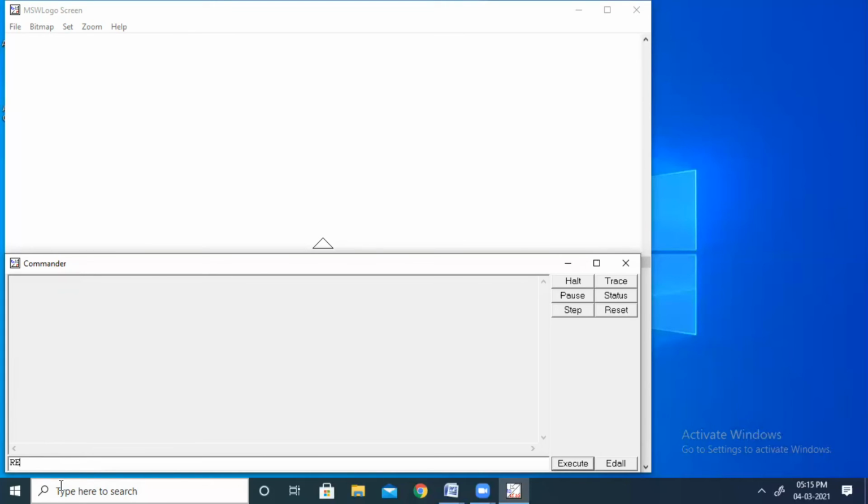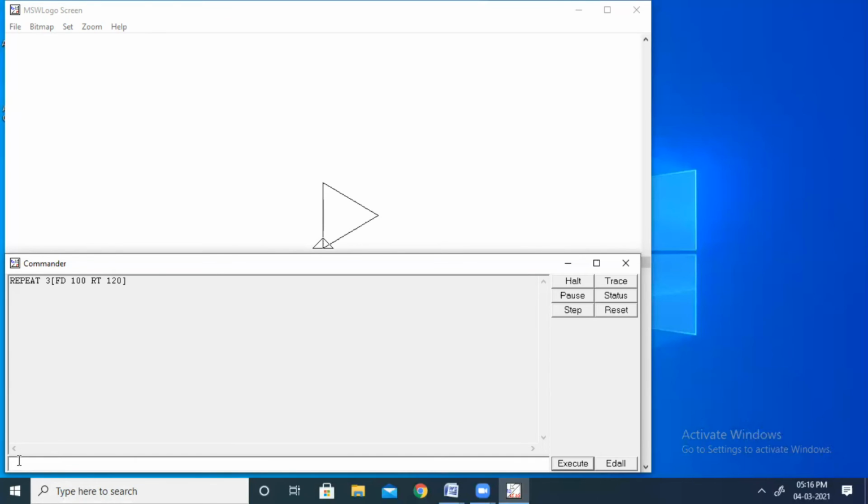For that, what will I use? I will use the repeat command. Repeat 3, because I want 3 lines. The same set of code I was repeating 3 times. So repeat 3, then within the bracket you write the value for one time: FD 100 space RT 120. This set of codes I had repeated before 3 times. Now you simply press the enter key. You are able to see the same output on the screen. So this is the way you can create a triangle with the help of the repeat command.